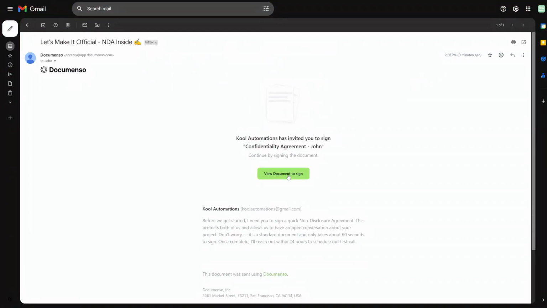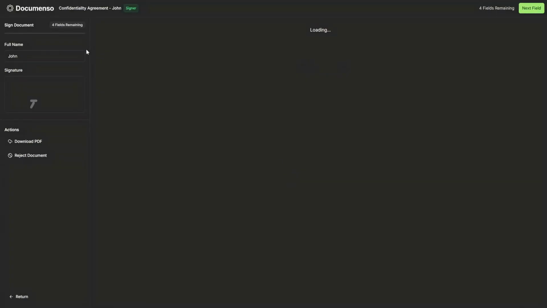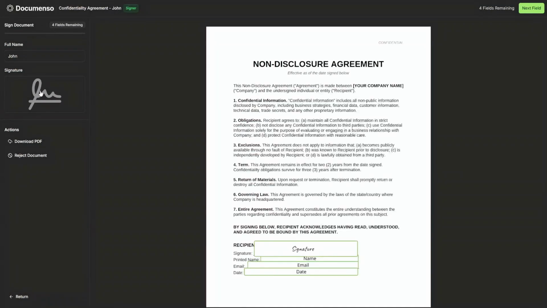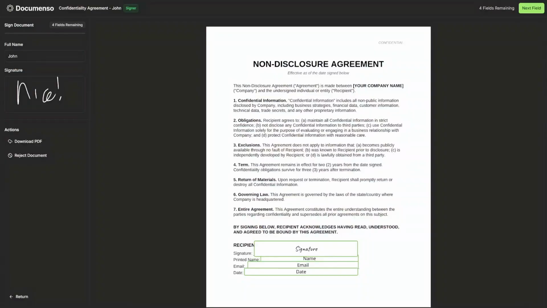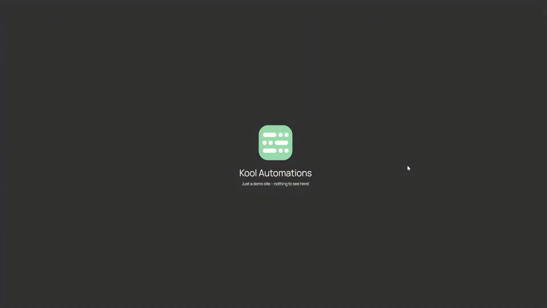So the client views the document to sign, okay, and then he inputs his signature here. And all he has to do to sign is just click on this button, click on the name button, click on the email button, the date, and then once he's ready, press complete and sign to finish off this document. When he finishes up this document,